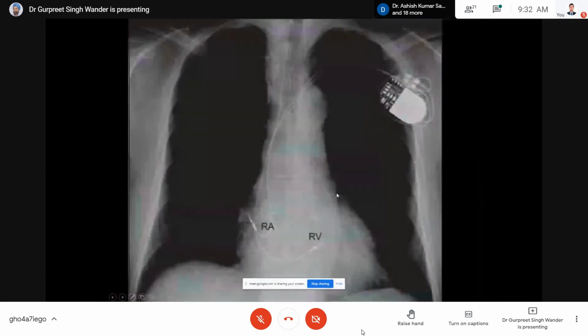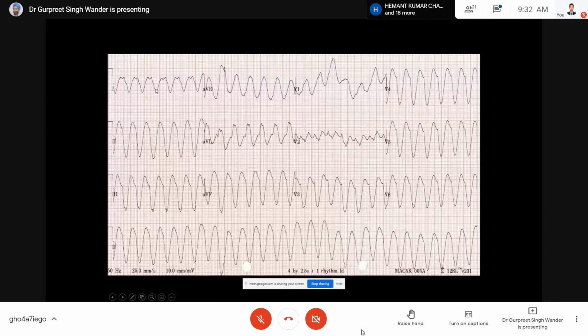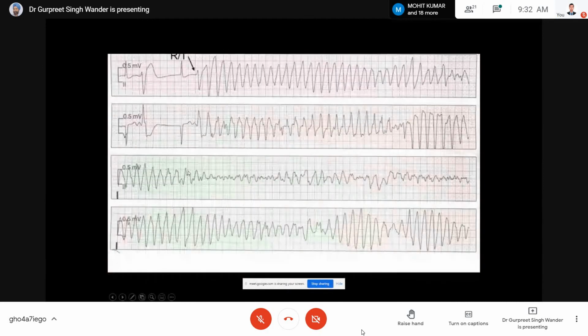But if we come to this particular ECG now, you can see there is ventricular depolarization at a very fast rate, maybe 120 or so. It's 5 at 2, 7, and 8. So 1500 divided by 8, you can calculate the rate at which this ventricular tachycardia is happening. Since it has the same morphology, we call it monomorphic VT. If it has a twisting morphology like in this, changing its shape, we call it polymorphous ventricular tachycardia.